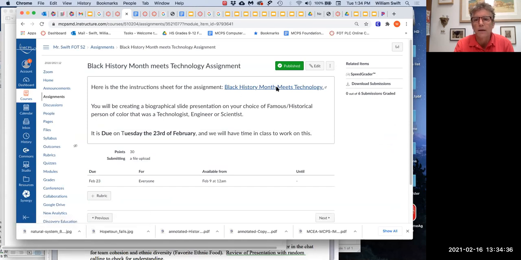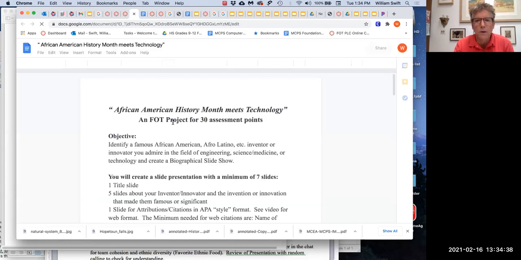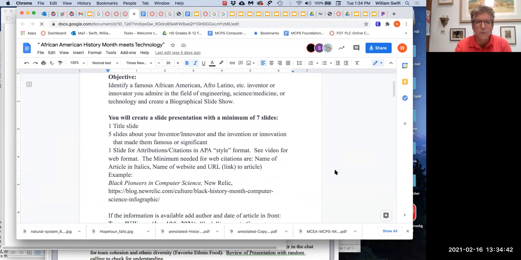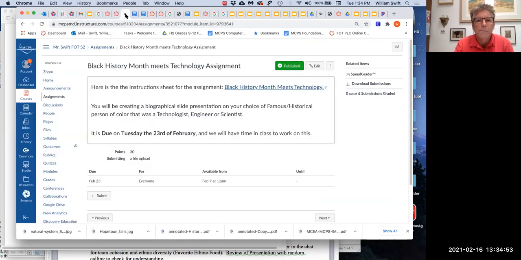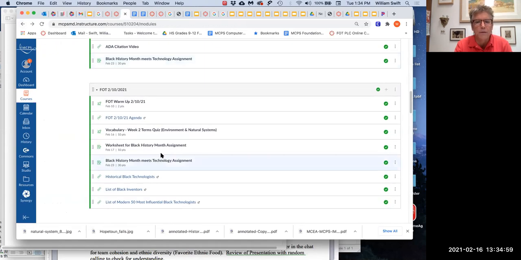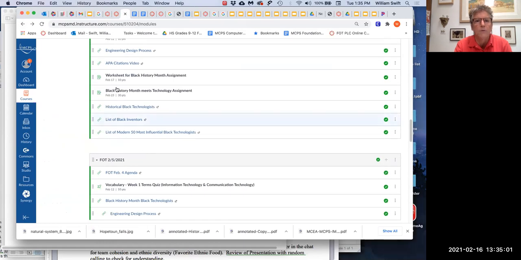If you want to look at it, this will tell you everything that's in here. So you're going to do your assignment. It's 30 points. It's going to have a title slide, 5 slides about the inventor or innovator, 1 slide for your attributions. Okay. And then it has a list right there. So that's all right there. The only tricky thing is the worksheet is down in the one below. So it's just the worksheet for Black